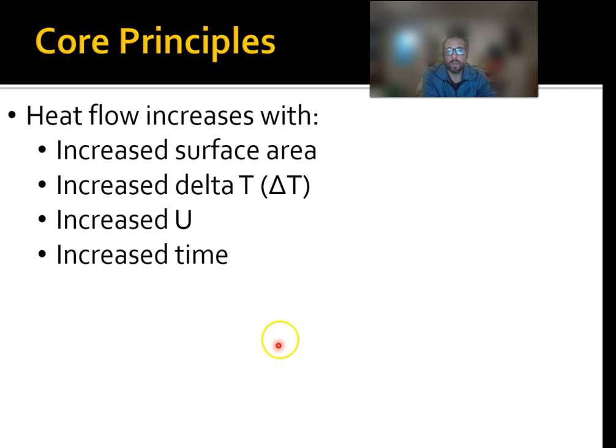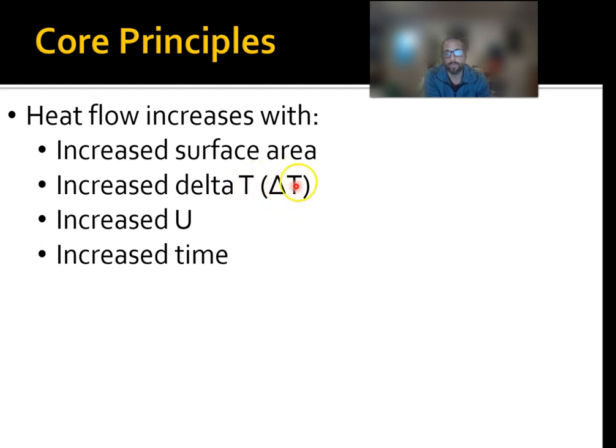Okay, so another core principle, or a set of core principles, is that we've gone over some of this before, that heat flow will increase, all else being equal, with increased surface area, with increased delta T, with increased U, and then increased time. So remember, our U factor is the BTUs per hour per degree Fahrenheit